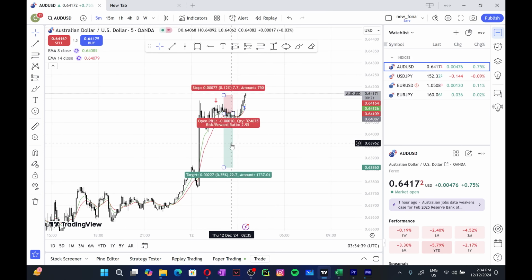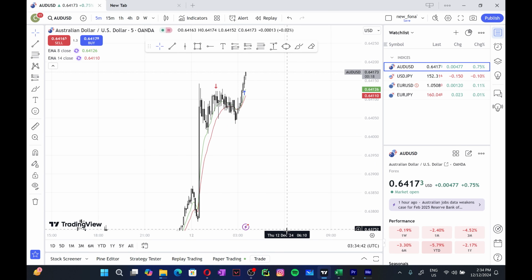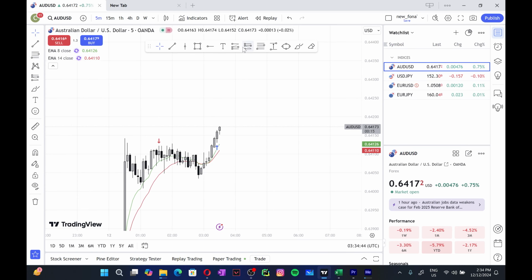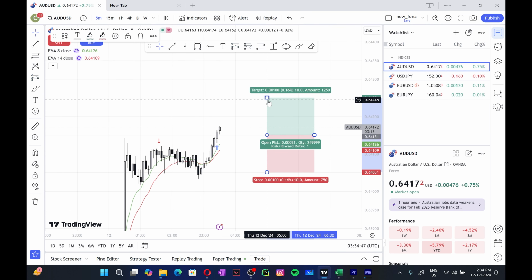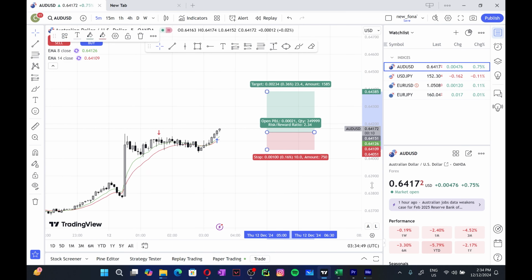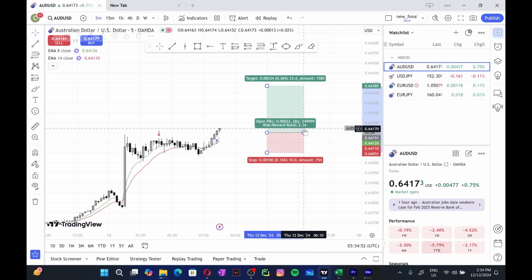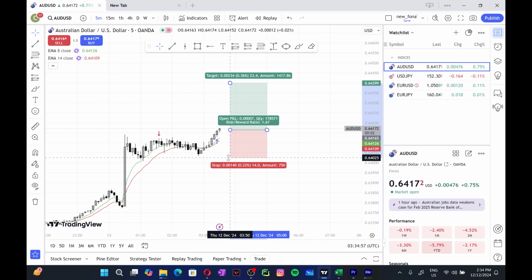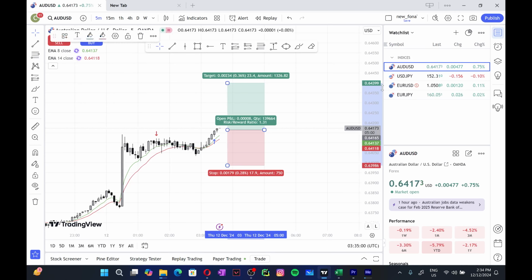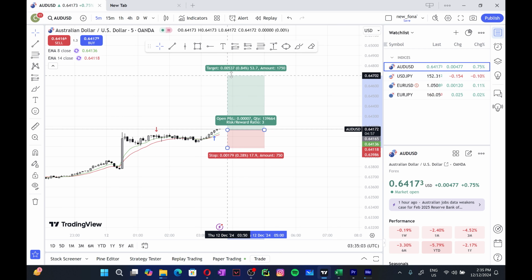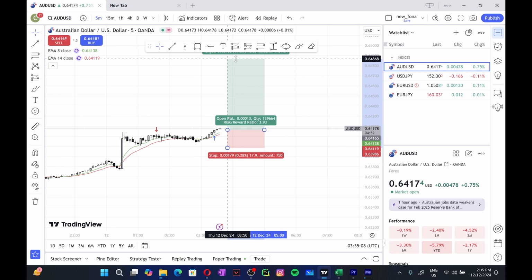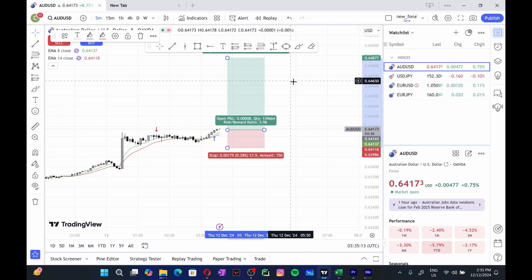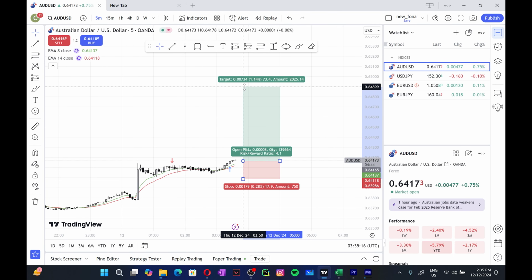So since this has ended, I would want to wait until I have another position. I would be taking a long position with a risk of 1% or 2%. Maybe I could keep it at 5%. I would have a 5% risk with my stop loss at about here, and my take profit I would make a 1:4 ratio. So I would want the trade to be like that. So I would want 1:2.